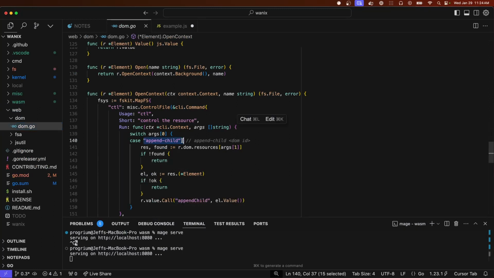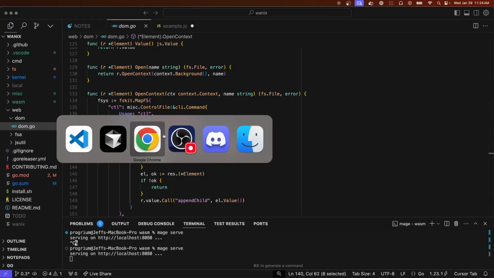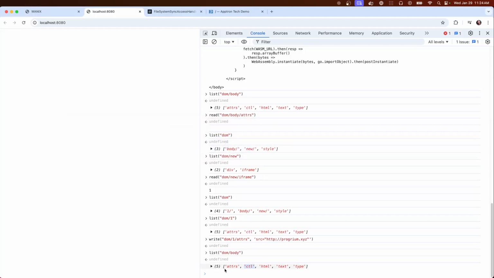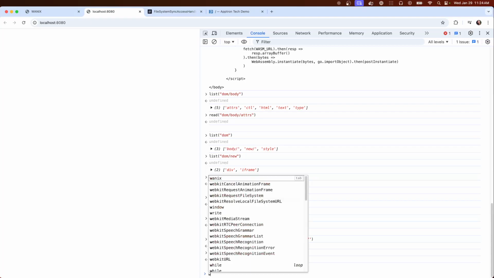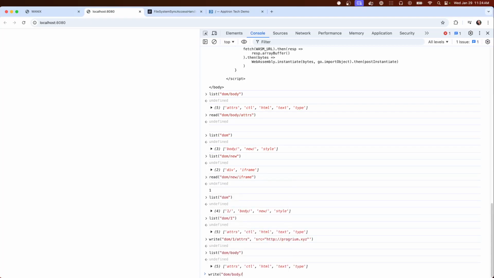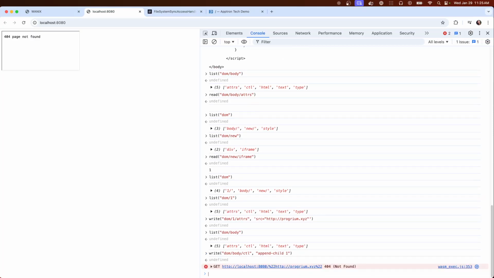All right, basically supports one pen child and then the DOM ID, in this case the numeric ID. Matching it right to DOM body CTL pen child, very similar to the JavaScript method that you would call one. Okay, so it looks like it worked. It attached the iframe to the body so we can actually see it now, but it looks like the way I parse